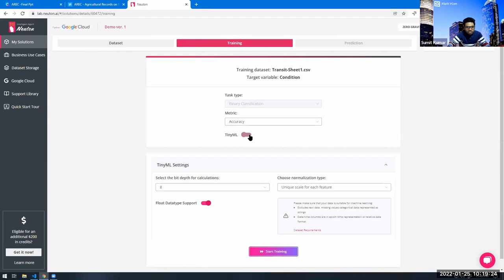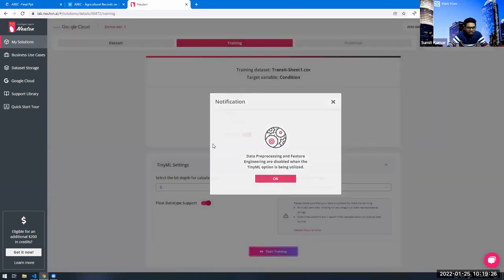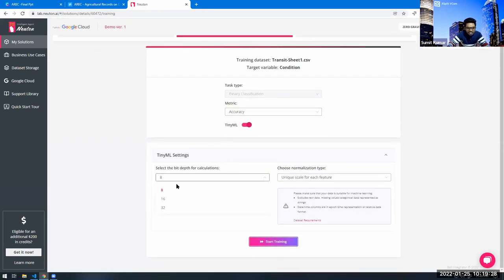So now we get to select the TinyML, and yeah, this is the cool thing. You can select the bit depth. So you can either select the 8 if you are too conscious about the memory and the power consumption. So better go with the lower one, 8-bit. And I personally felt that there was very little, or I think no, loss of accuracy. So whichever you go, it is not going to matter.